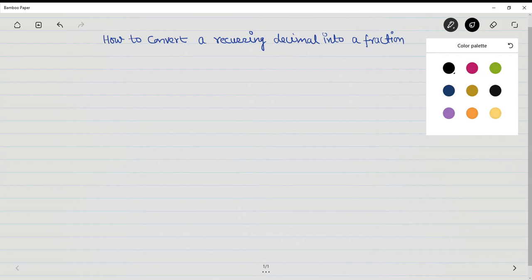Hello everyone. So today we are learning how to convert a recurring decimal into a fraction. Very important concept. It usually first appears somewhere in IGCSE ninth, you can say, but its application you will find in IB, in SL mostly. Sometimes the usage can be there in HL also. So it's a very important concept. We need to see how we can convert a recurring decimal into a fraction.